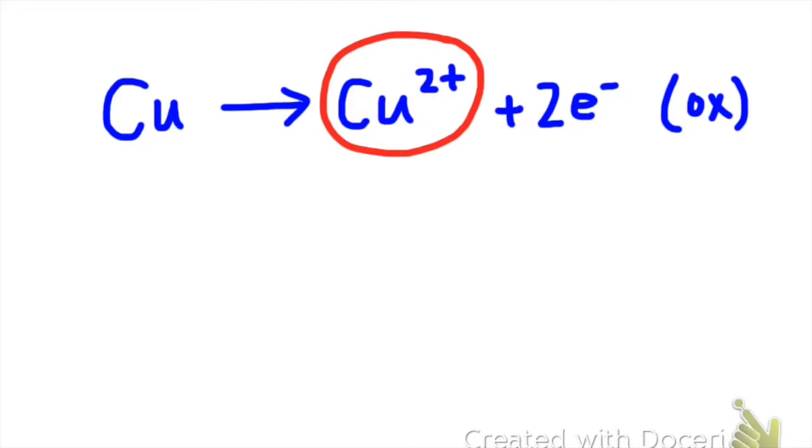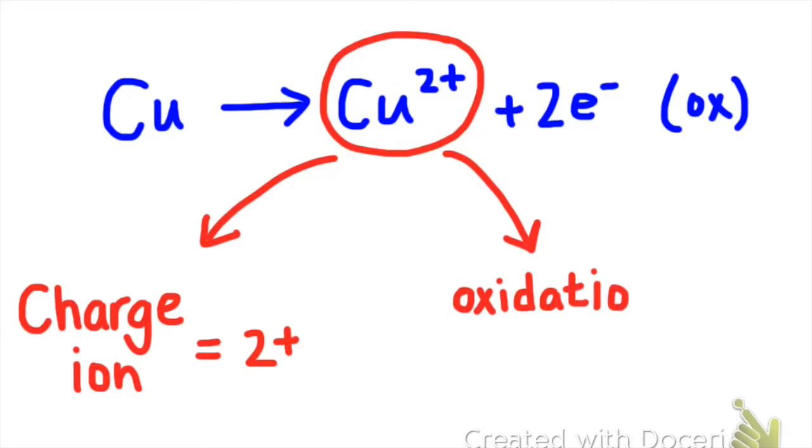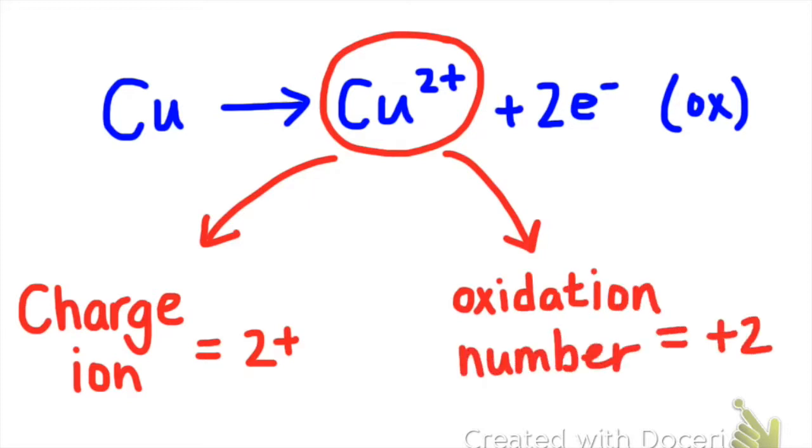Well, if we look at the Cu2+ ion, notice that the charge of the ion is 2+. And that means that the copper atom has lost 2 electrons to get to Cu2+. And so the oxidation number, or the oxidation state, we say is +2 because it's lost 2 electrons